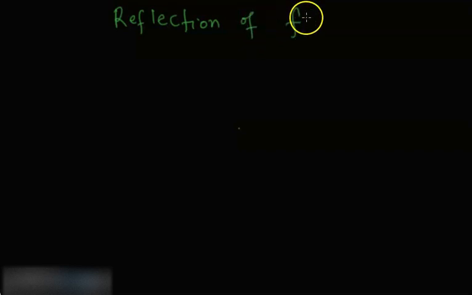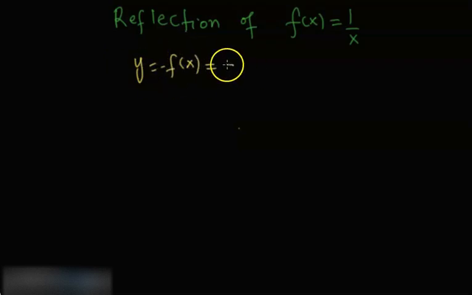So now we will be talking about reflections of f of x equal to 1 by x, the reciprocal function. So we are given the reciprocal function, and we will see how the graph of the reflected version looks. We know that if f of x is a function, then y equal to minus f of x is the reflection about the x-axis. So 1 by x, this is reflection about